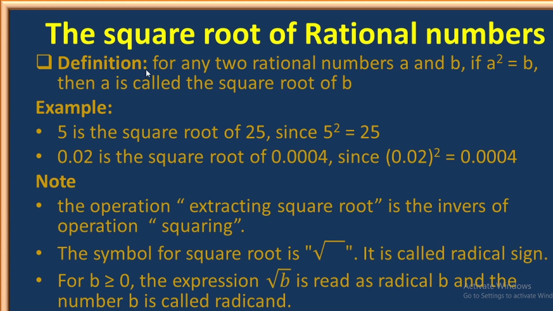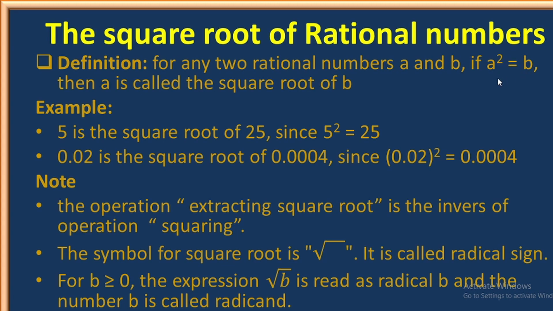So the definition: for any two rational numbers a and b, if a square is equal to b, then a is called the square root of b. You see, a is equal to the square root of b, which is the reverse of squaring. b is the square of a, and a is equal to